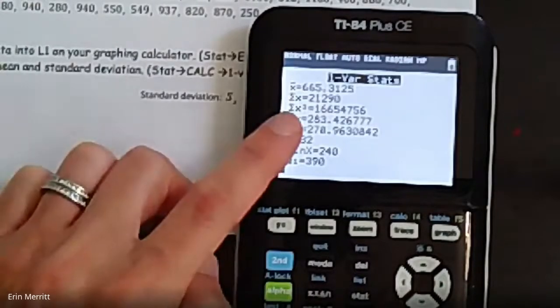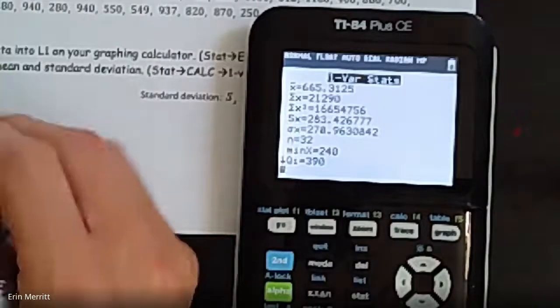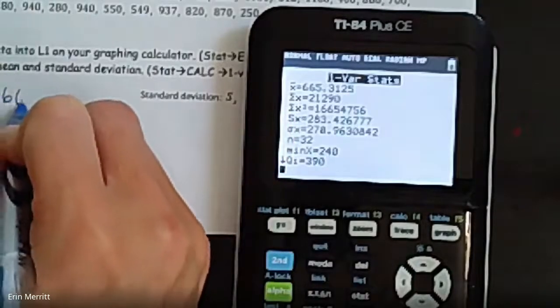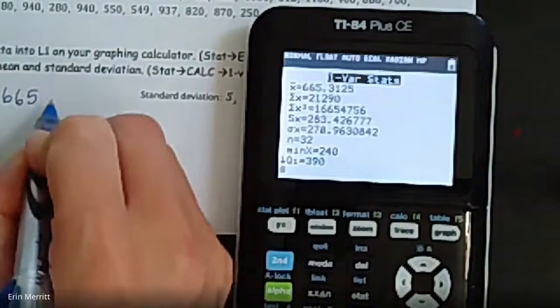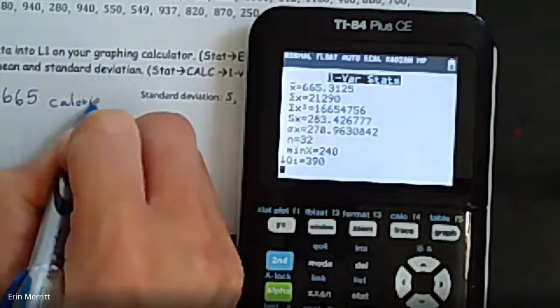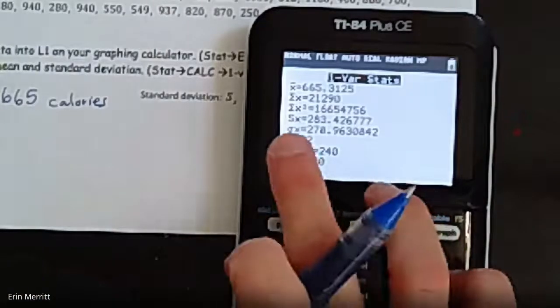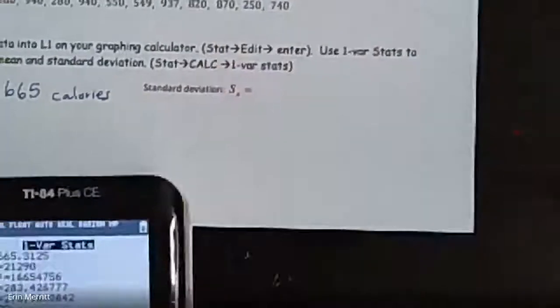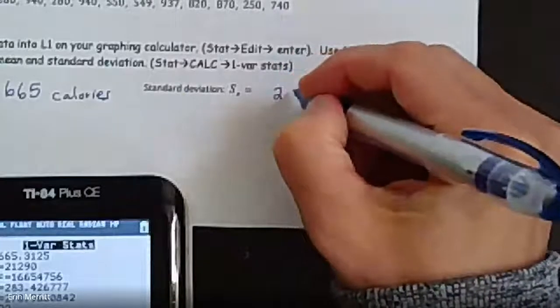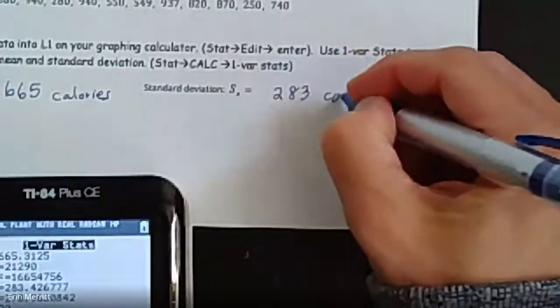All right, and so then you're going to see a whole ton of data here. But the very first thing, X bar, that is the average number of calories. So 665, let's say, calories based on all of this. The standard deviation. There's a bunch of other stuff here, but the S of X is the one that we want. So the standard deviation for this sample is 283